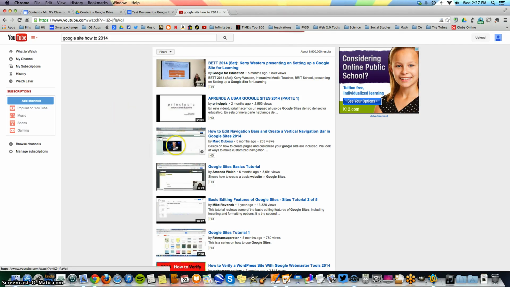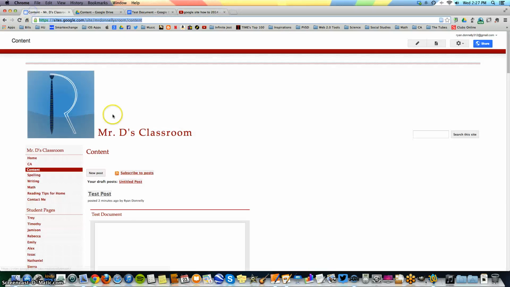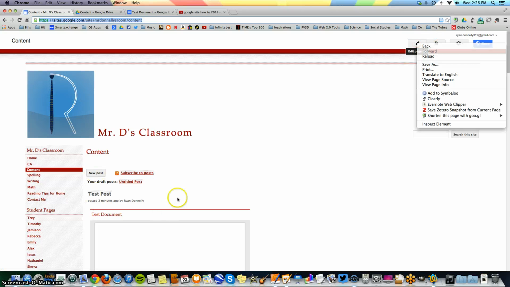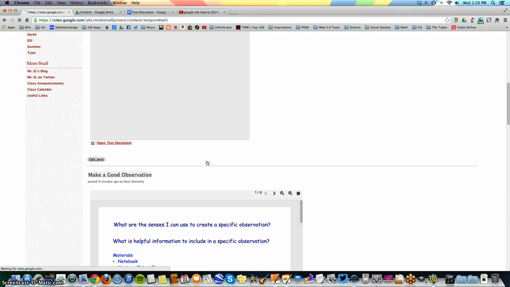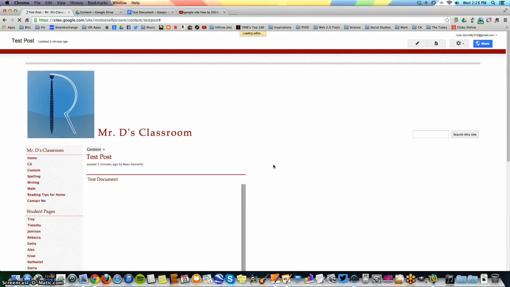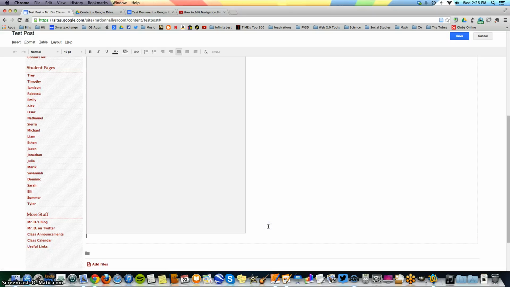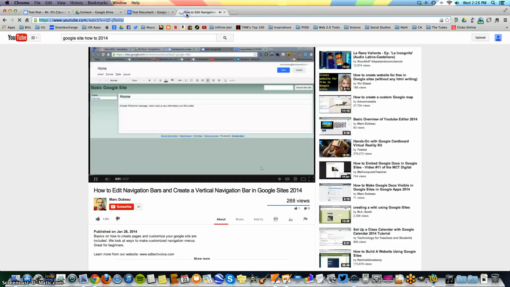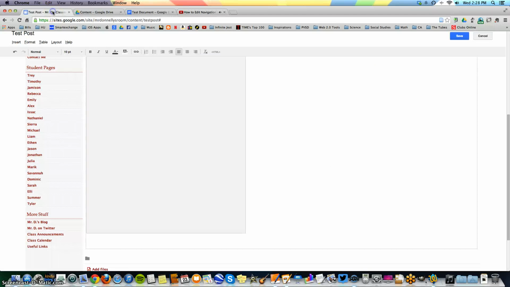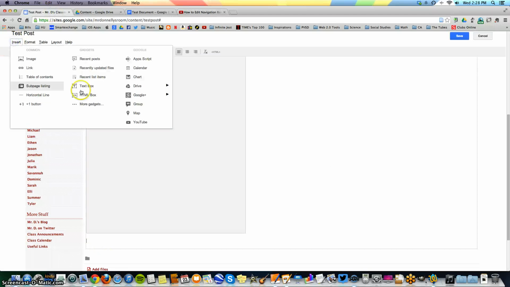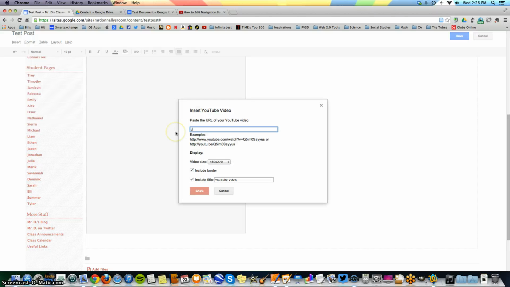So I would open that up, and then once it does, I would find the URL, which will show up here in the address bar. I've actually already got it. And I can add that into this post or create its own post. Now that the editor's back up, sorry about that, I can go back to Insert, and I'm this time going to find YouTube,